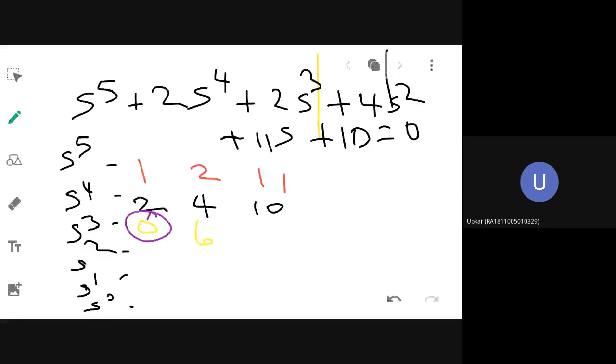People, now you are able to see 0 and 6? Yes, ma'am. How did we get 6? The same row, no? 1, 2, 11, 10. If you solve that in the same way, you will get 22 minus 10 divided by 2. That is 12 divided by 2, so it will be 6. Why do we need to do 22 minus 10 divided by 2, ma'am? It's a procedure, a formula.